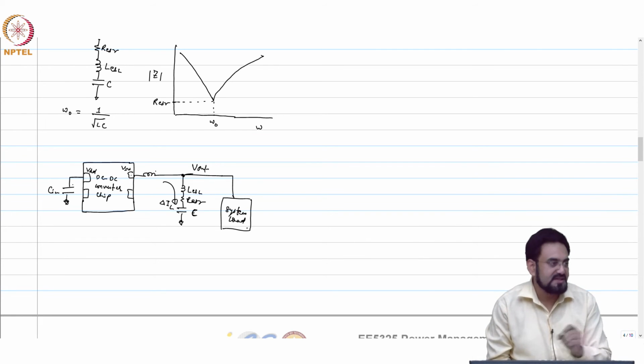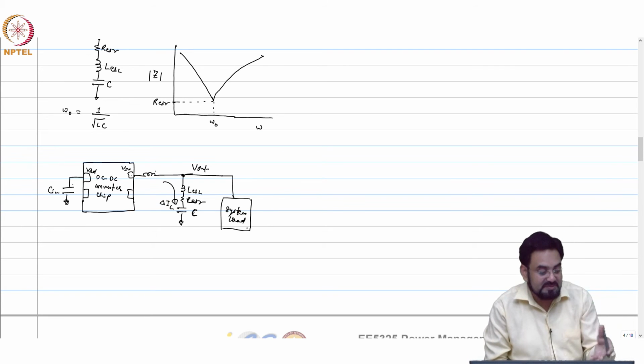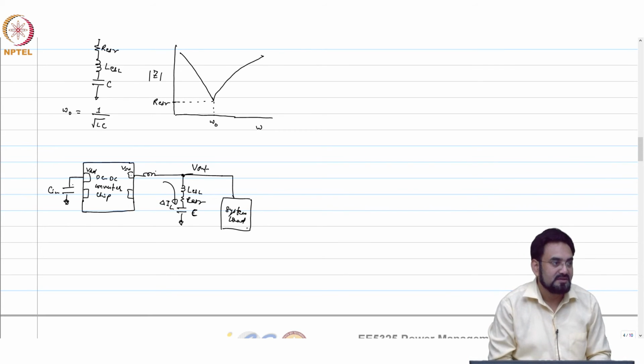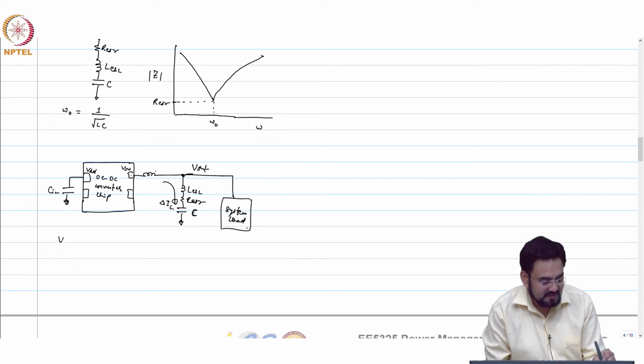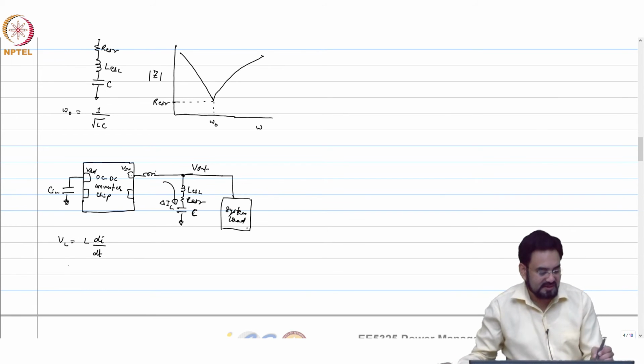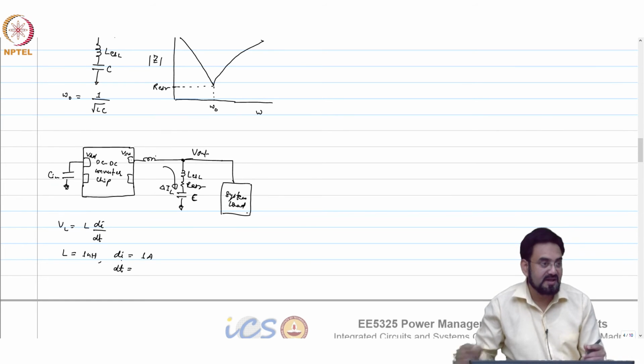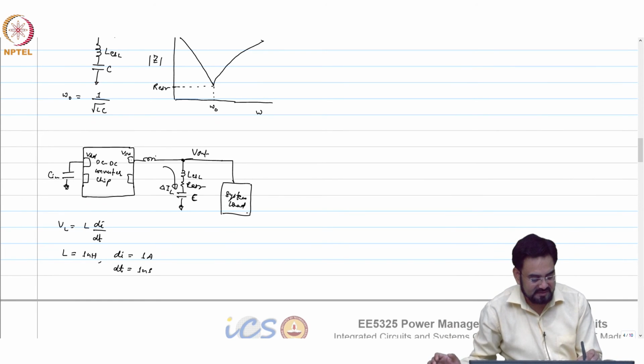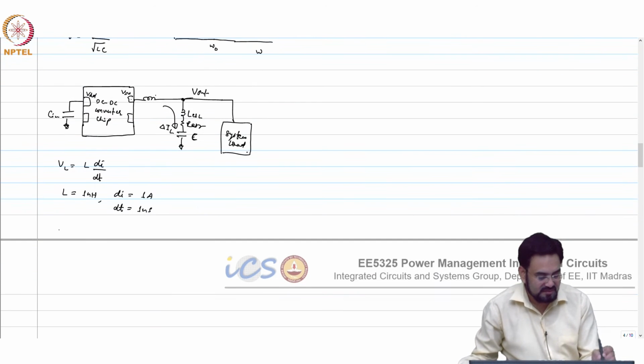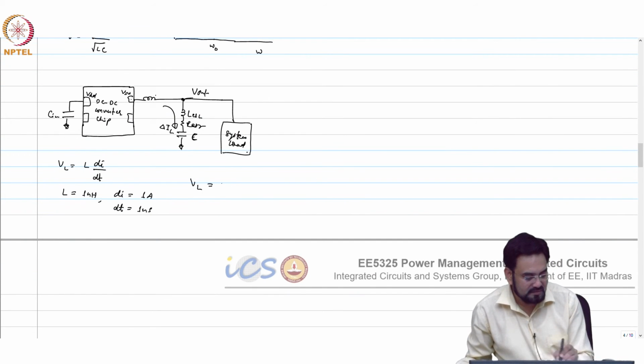So if you have a larger inductance, all those switching currents will be supplied by this capacitor. So we know VL equals L di by dt. Now let's take an example. L is 1 nanohenry and your di is, let's say, 1 amp, and dt, we know we are rising very fast, so let's say 1 nanosecond. So what will be VL? 1 volt,